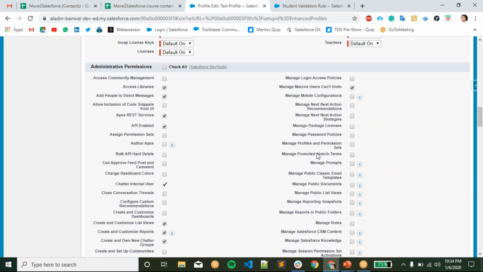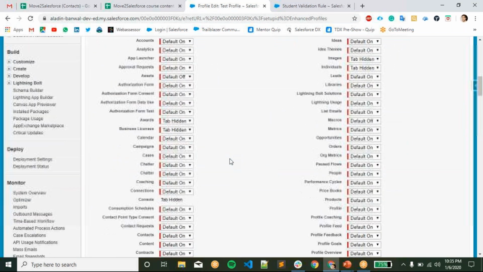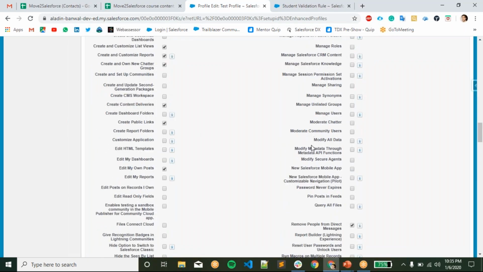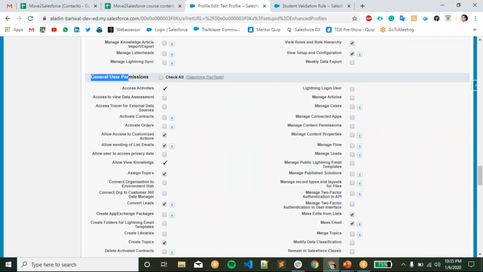I recommend all of you go through these settings once and check one by one what all these settings are and where each setting will be useful. Here also you see General User Permissions, the user permission settings.